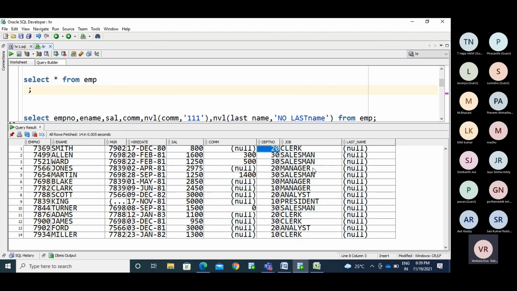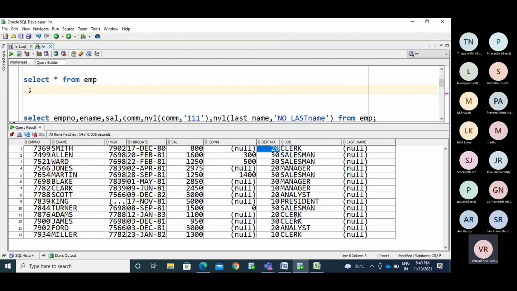Otherwise, you can do the same with the city column. If any employee is related to the 20th department, make it Kadapa. If 30, make it Warangal. If 10, make it Kannur.